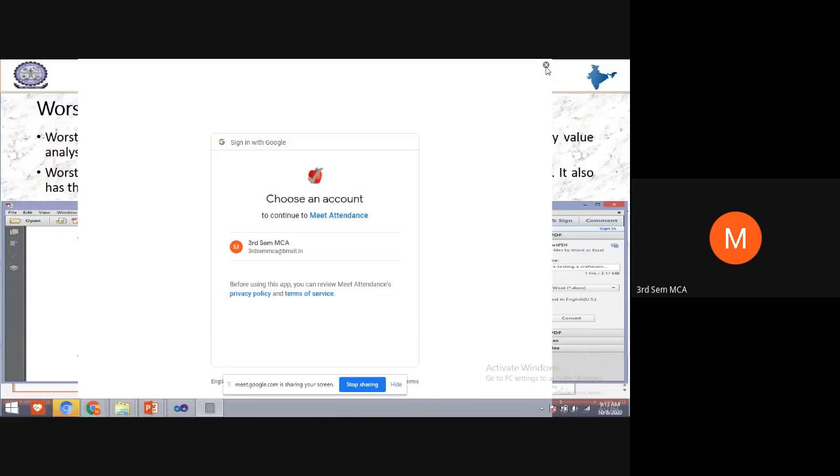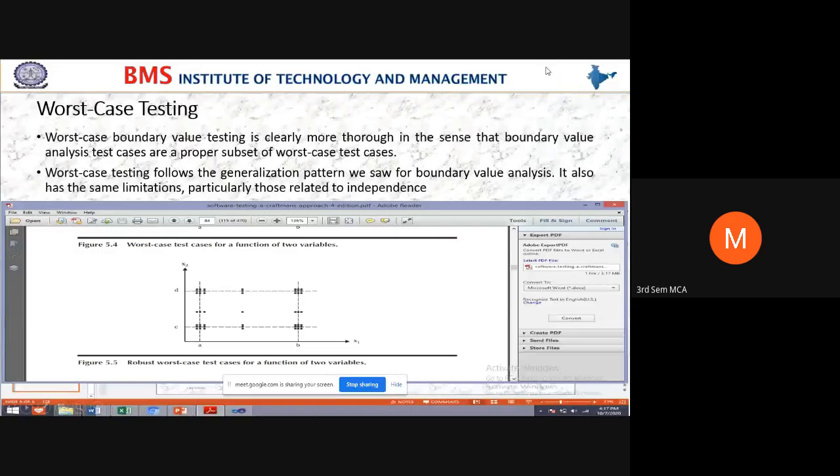Whether the program will terminate abruptly, or whether I have to give a proper message. So in worst case, I have to check. Worst case boundary value testing is clearly more thorough than boundary value analysis.